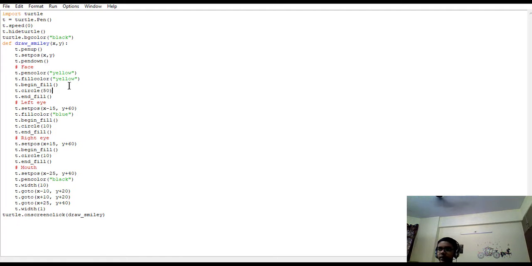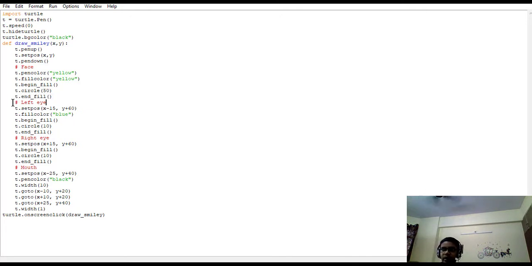Then we will start begin_fill, so anything it draws would be filled with the yellow color. Then I want my circle to be about 50 pixels in radius, so I have used 50 here. You can also do it 100 or 25 if you want small, or even bigger or smaller. Then we will end fill.